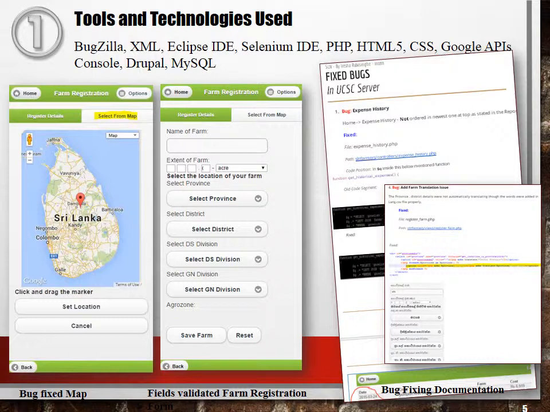There were issues such as data not being retrieved at the backend, and I fixed them using PHP and MySQL code. I also did field validation of all the data collecting forms in this existing SLN4F system using jQuery and JavaScript. Likewise, I fixed a lot more and technically documented all of them. The major tools and technologies I had to deal with are Selenium IDE, BugZilla, PHP, MySQL, Google APIs console,